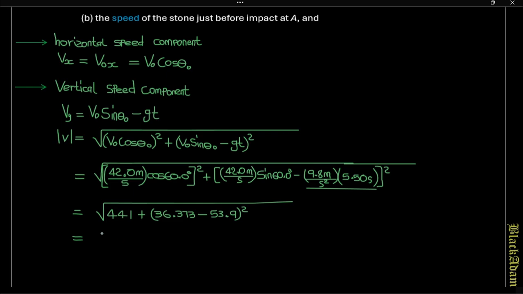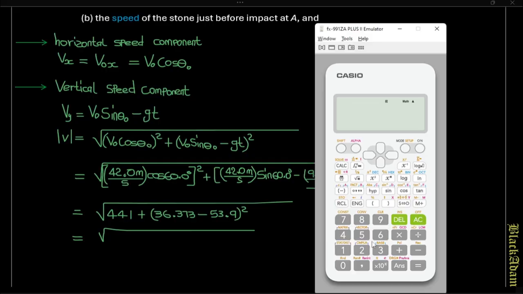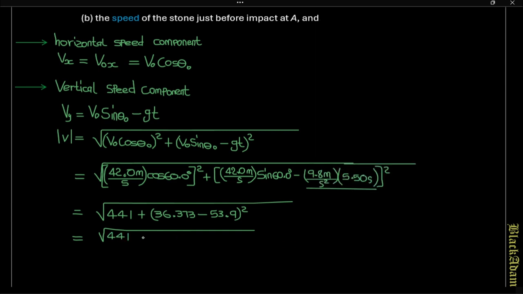And that simplifies to 36.373 minus 53.9 squared, plus 441. Okay,